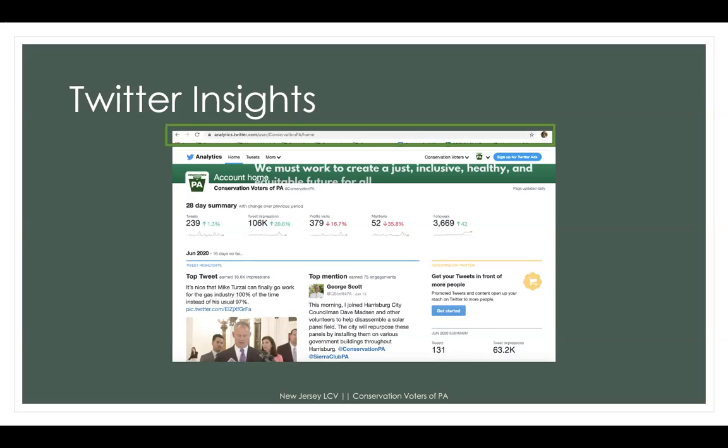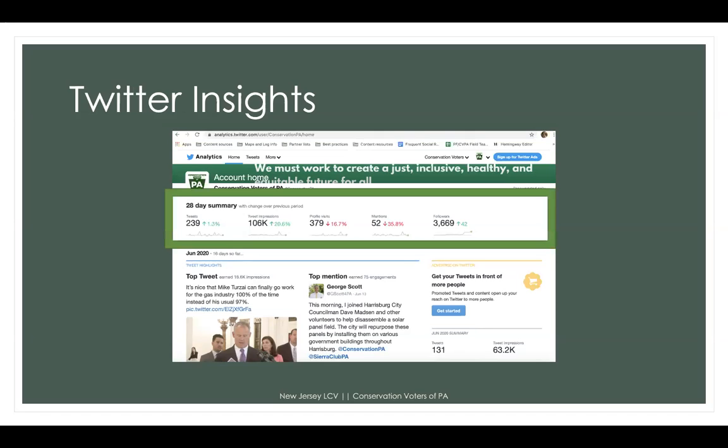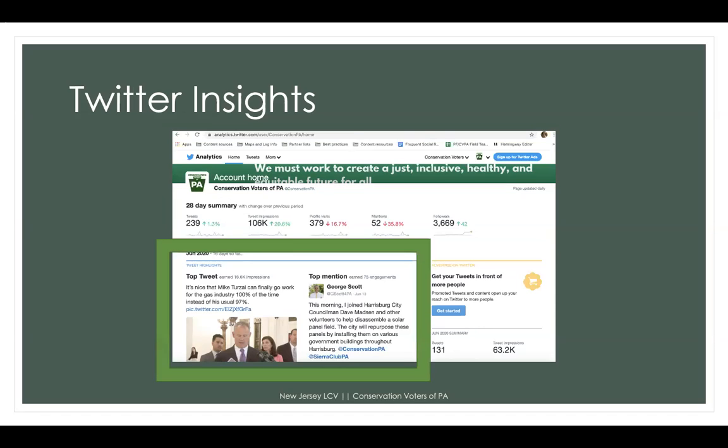So like Facebook, you get a dashboard that gives you a 28-day summary. And as you scroll down through this dashboard, it'll give you the 28-day summary, and then it will tell you about June. And if you keep scrolling, it'll tell you about May, the top tweet and the top mention, and the top media tweet, which can be useful